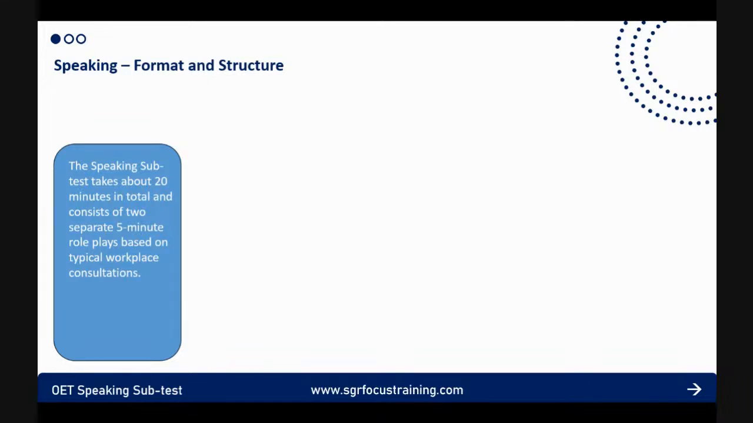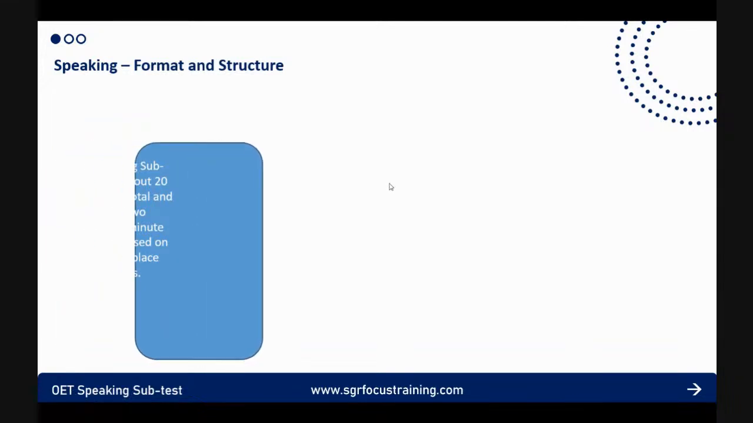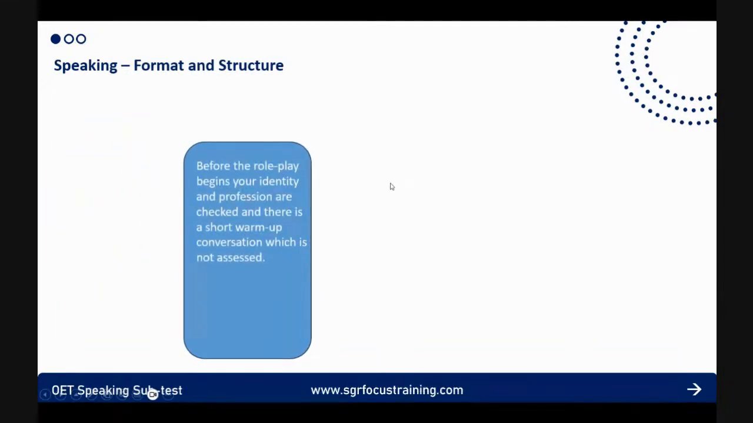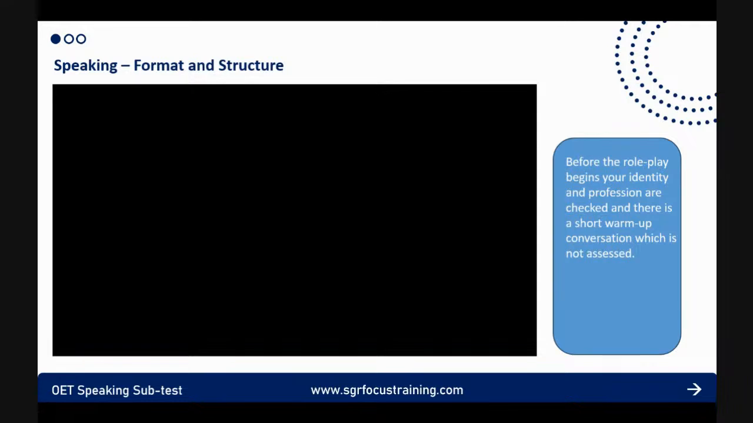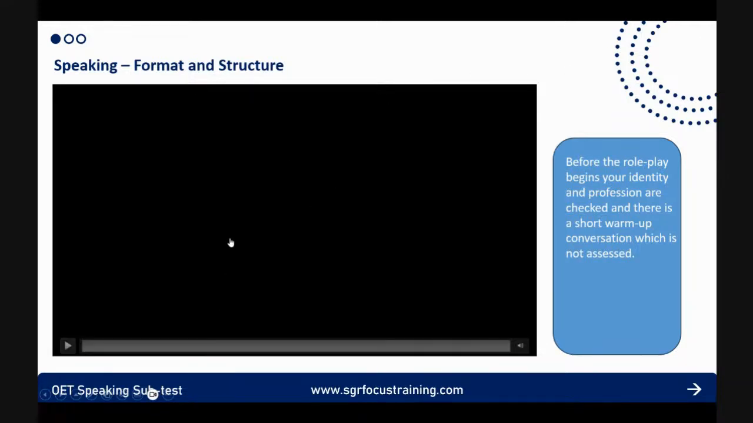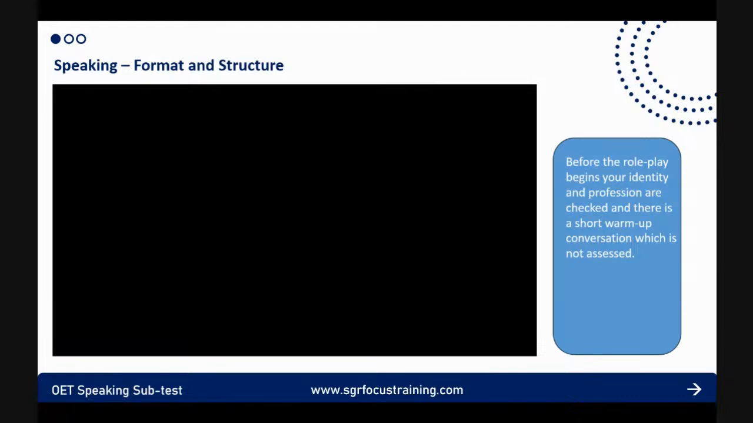But not all of those 20 minutes will be tested. The first part of your exam will simply be an ID check. Okay. So your identity and your profession will be checked. And then after this, there will be a short warm up conversation. And this part is not really assessed. Okay. So in this part, you will hear the interlocutor basically informing you about who they are, informing you about the type of the exam, and then you will be asked to confirm. And then around maybe 2 minutes,